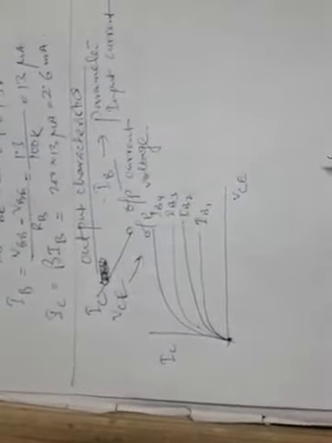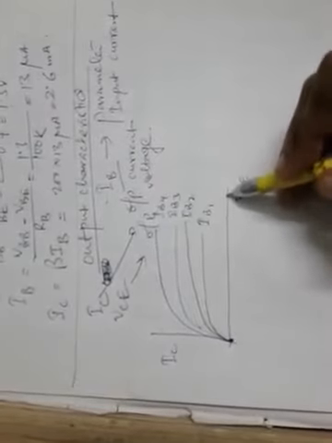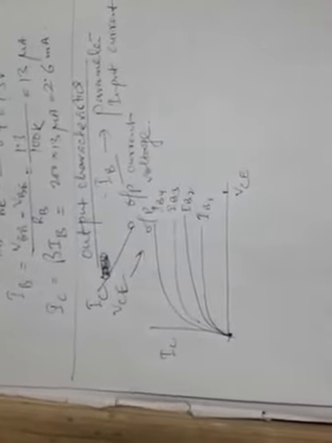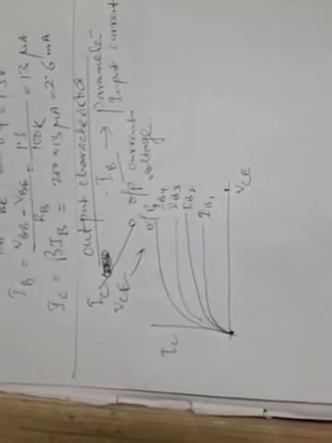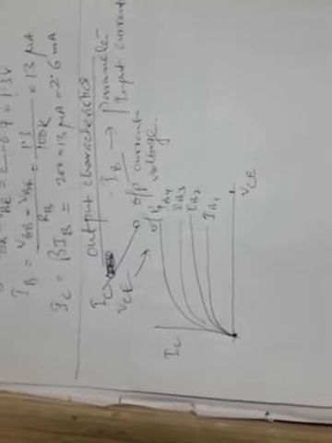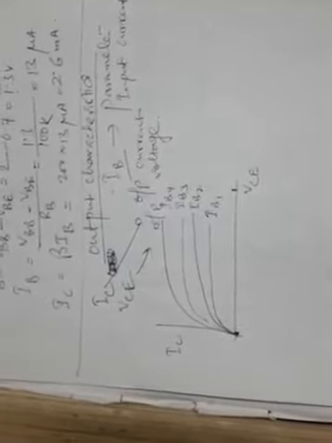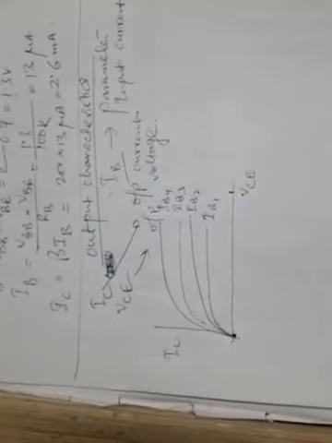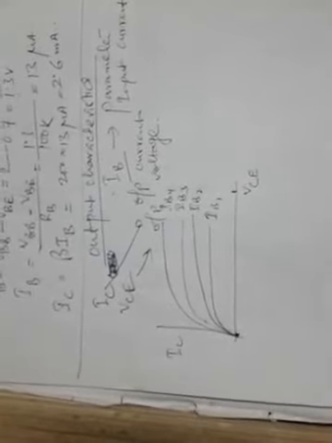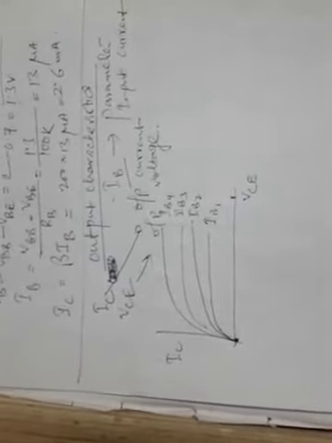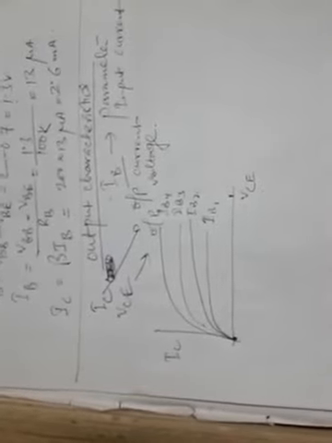And if after a certain point VCE is increased to a very high value, the reverse-biased junction between collector and base will break down, and the normal transistor action will be lost. In that case the junction between collector and base will be destroyed and the transistor will break down, and that's why the transistor is not intended to operate in the region where the value of VCE is appreciably high.